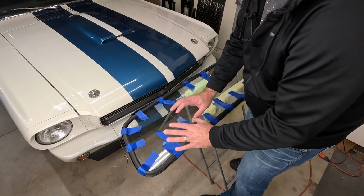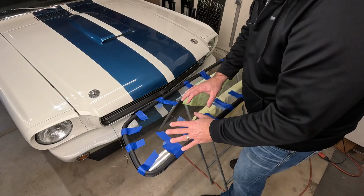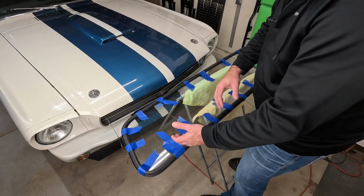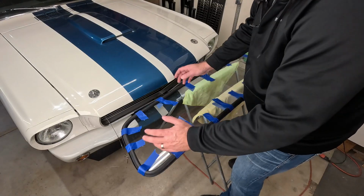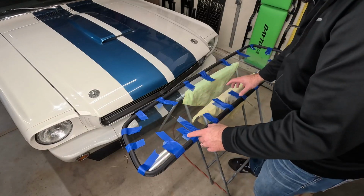Now the problem you're going to have is that the glass is going to be wet, the tape's not going to stick to it, so you're going to have to have another rag to wipe it off, and it's a little bit of extra work. And it took me about an hour to get this done because I was struggling with it a little bit, trying to figure out why it wasn't holding on there, but I forgot I had to tape it up. So now that we got the seal in place, another thing I was going to point out too,